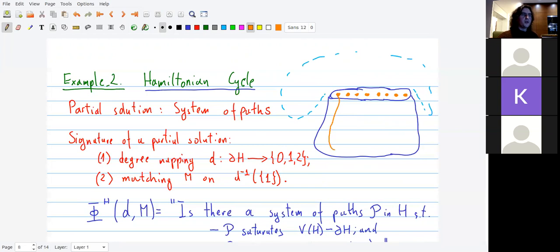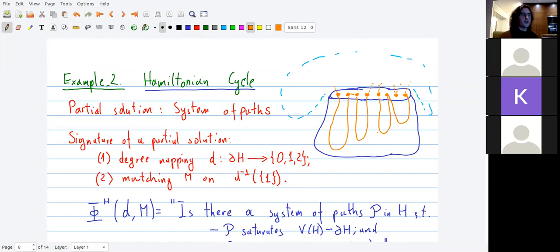For instance, I will go like here, then maybe go back to the boundary, maybe use an edge in the boundary, go here and back. And then I will sort of think that I entered here and left here. Maybe I then again entered here, went a little bit, just touched the boundary, went back and went out. And maybe, for instance, this vertex was not visited at all because it will be visited like this in the future. So this is how a partial solution can look like in my graph,